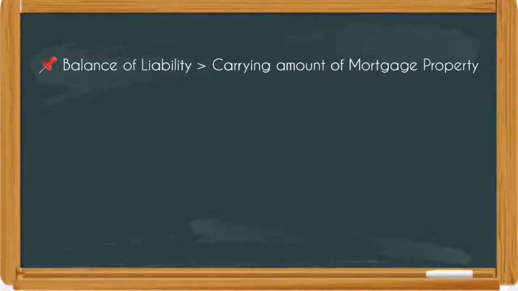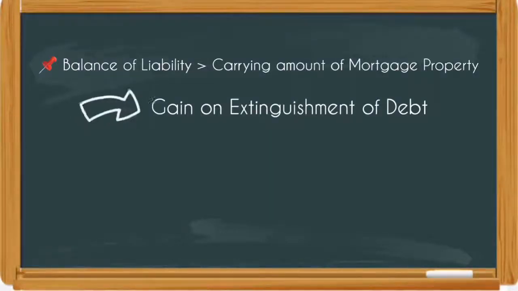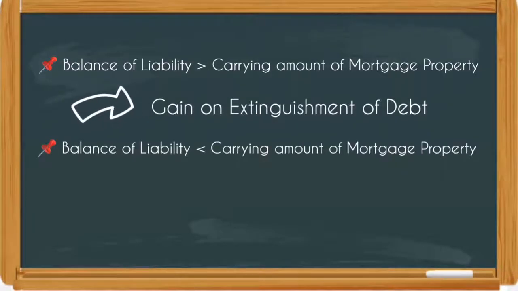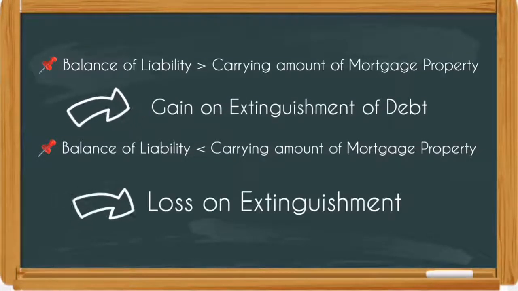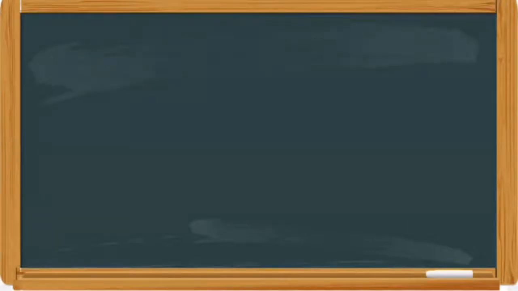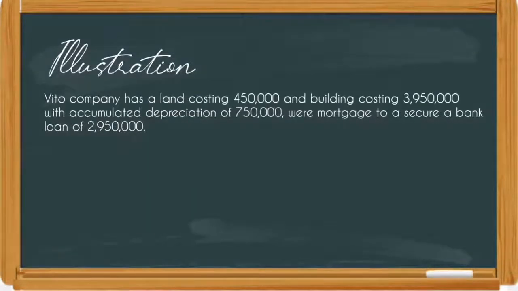Kapag yung balance ng liability ay mas mataas kaysa sa carrying amount ng mortgage property, we have gain on extinguishment of debt. If the balance of liability is mababa naman kaysa sa carrying amount ng mortgage property, we have loss on extinguishment. For example, Vito Company has a land costing 450,000 and building costing 3,950,000 with accumulated depreciation of 750,000